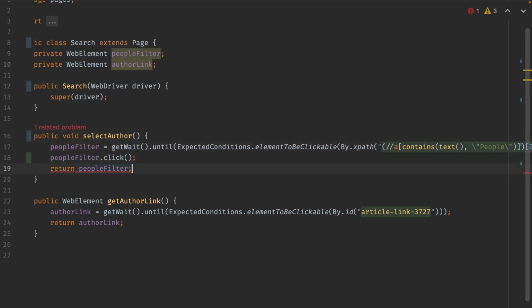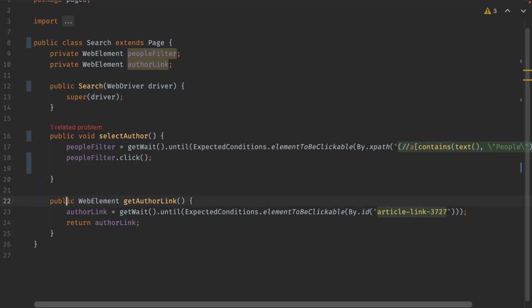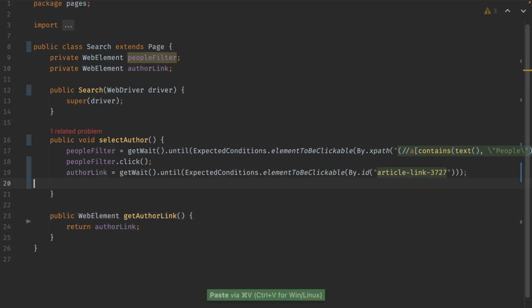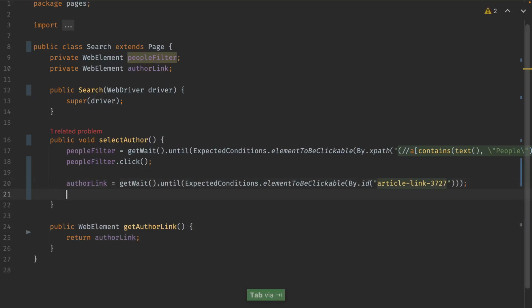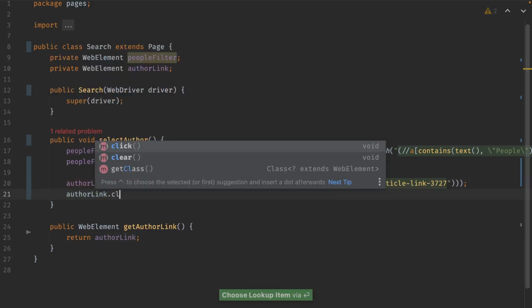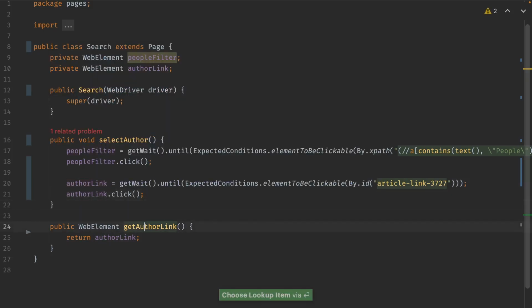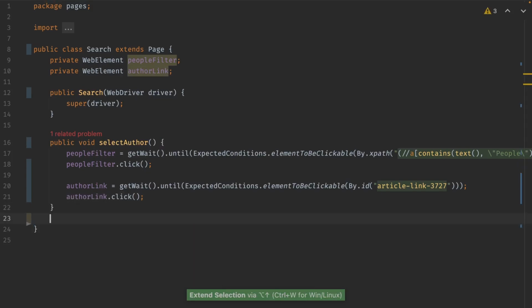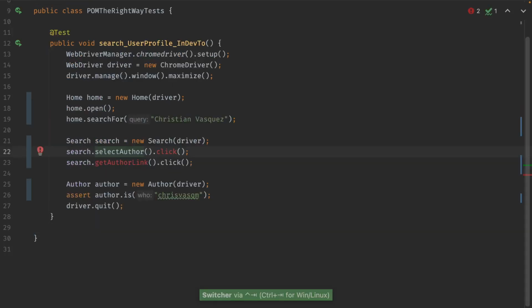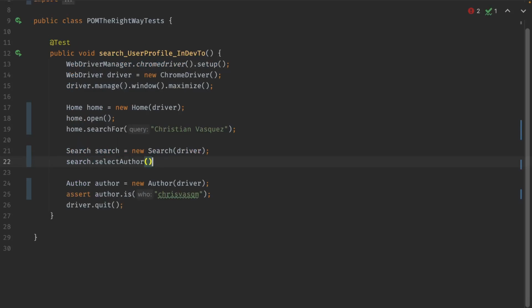So this is gonna give us trouble. Let's remove it. Then we need this author link as well. And we're gonna do the same. We're gonna click on the author. There we go. So we can even get rid of this method. So when you go back, look how now our code is even shorter,